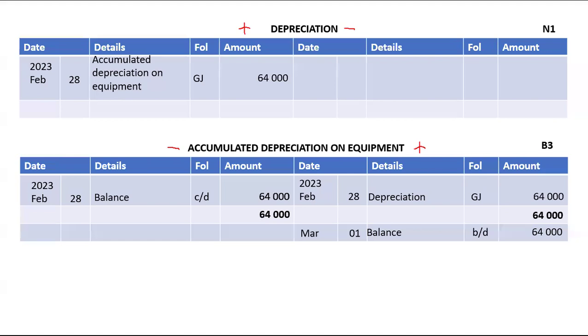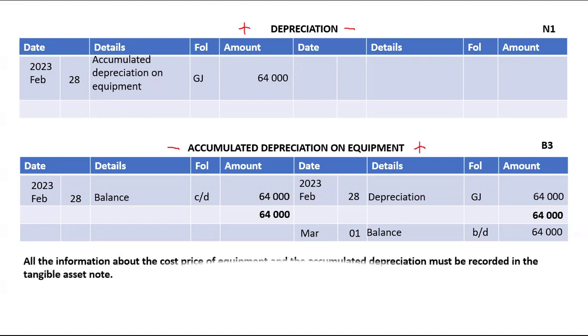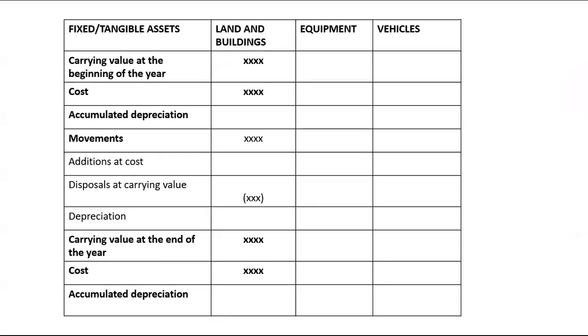All this information about the cost price of equipment and the accumulated depreciation as well as depreciation must be recorded in the tangible asset note. So your tangible asset note looks like this. The top part, we have the carrying value at the beginning of the year. Then we have cost and accumulated depreciation. So cost minus accumulated depreciation at the beginning of the year will give you carrying value at the beginning